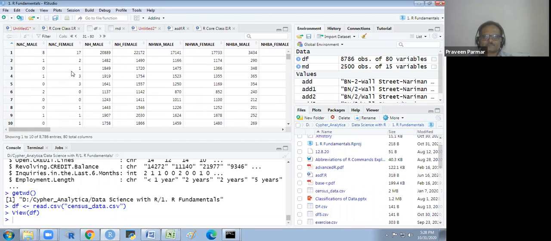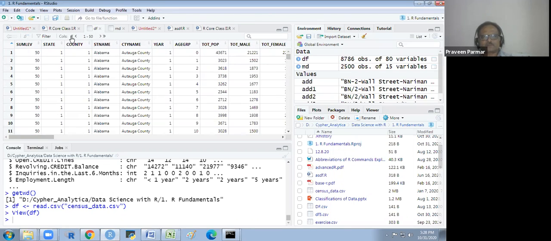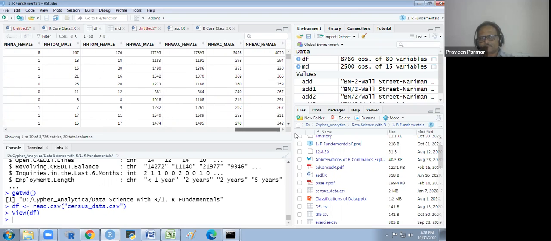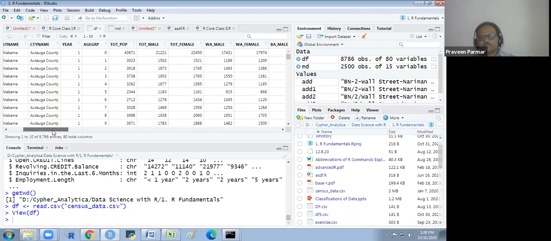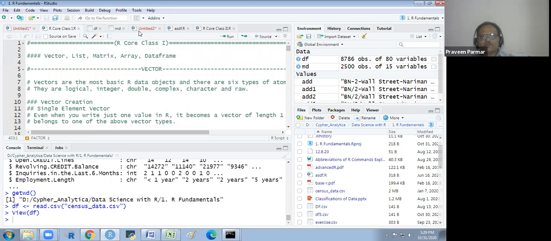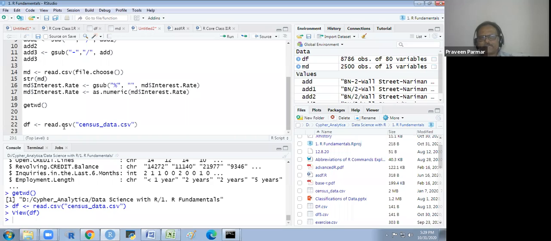You have to go back, you could go back. Is there any doubt how to read the file when it is in our current working directory? If your file is not in the current working directory, it is somewhere else, then you could use the read.csv with the file.choose function. Okay. Is it clear? If it is somewhere else,